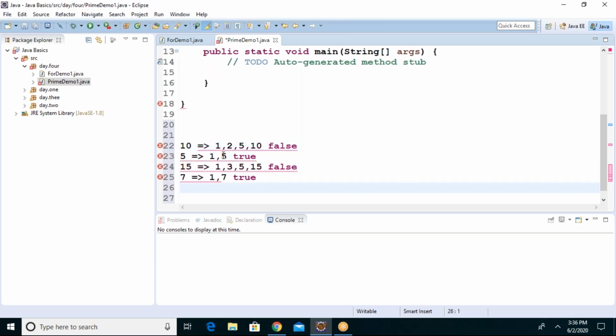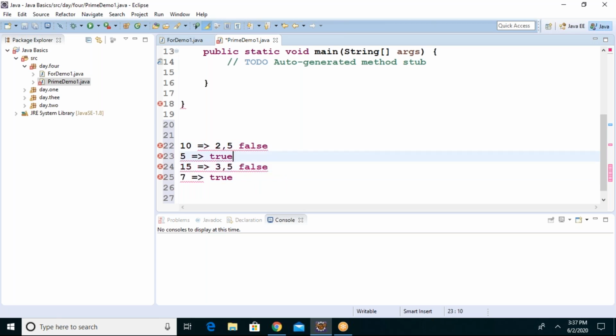But in this, if you observe, why should I test 1 and itself? Because every number contains 1 and itself as factors only. See, 10 contains 1 and 10, 5 contains 1 and 5, 15 contains 1 and 15, 7 contains 1 and 7. So if I remove these two from the calculation, now what happens? If 0 factors, it is true, correct? Where am I starting now? Starting from 2, but there is no 2 here, correct? And also I'm removing this, I'll remove this 15 also.